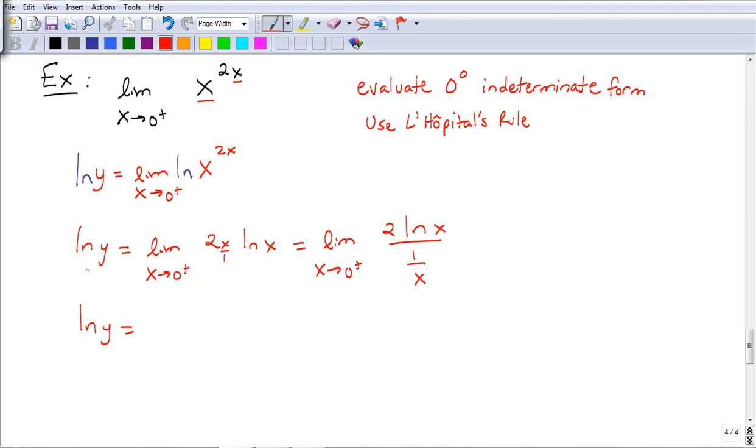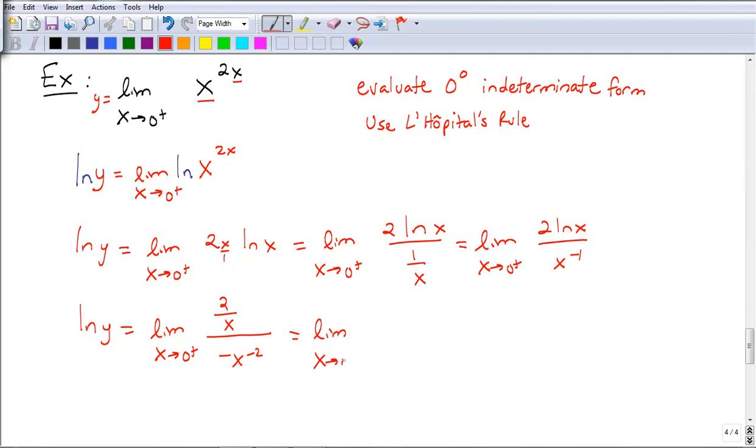Notice I'm not taking the derivative of this side because y represents my limit, and my limit doesn't change when I use L'Hopital's rule. On the right side, I'm going to take the derivative. The derivative of 2 ln of x is 2 over x. And remember, you can think of 1 over x as x to the negative 1. So the derivative is negative x to the negative 2. And I'm going to simplify this a little bit. This is 2 over x divided by negative 1 over x squared,